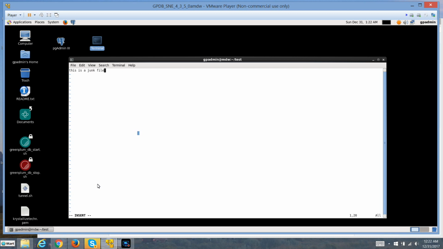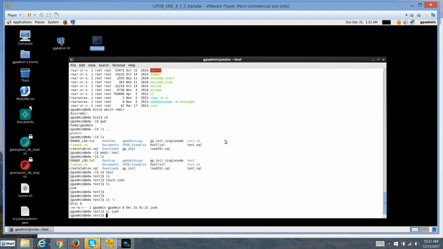It's a junk file, so I'm just going to save that. Now escape, :wq. No, it didn't work because my mouse keeps running outside of my window. I need to move my mouse out of the way. Okay. Escape, right quick. Okay, now do an ls